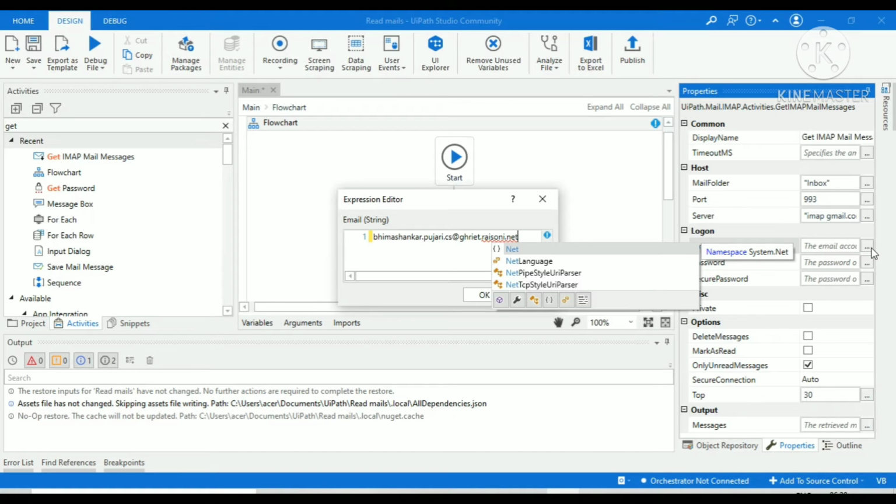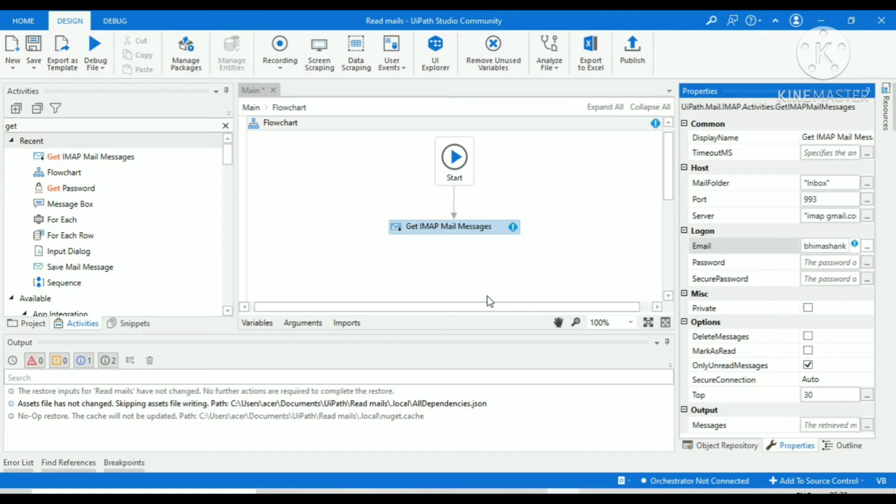After writing your Gmail account, write your password also. So remember that after writing your password, you should go and change your original password. Since this video is going to be uploaded on YouTube, this could cause damage to your Google account. So that's why you should always remember to change your password. I am also changing my Gmail account password.